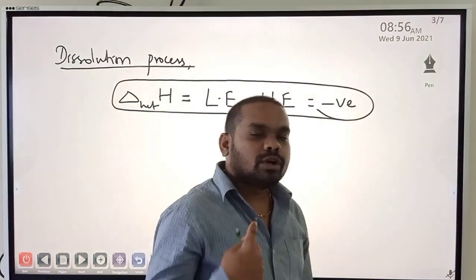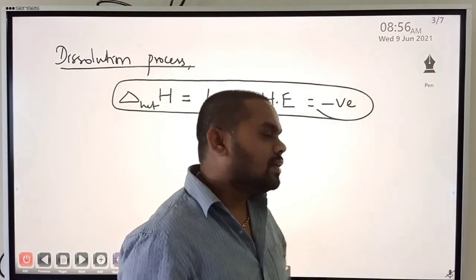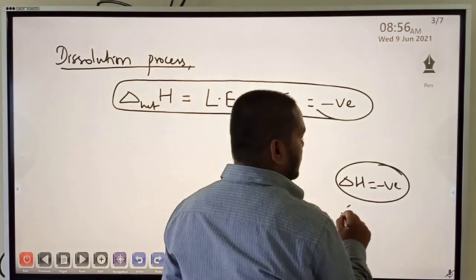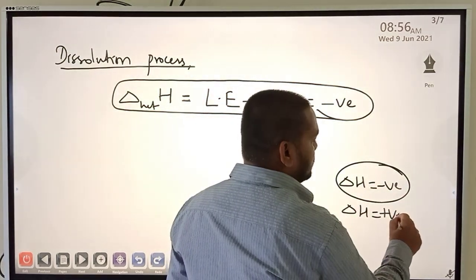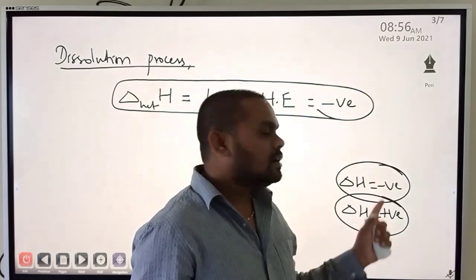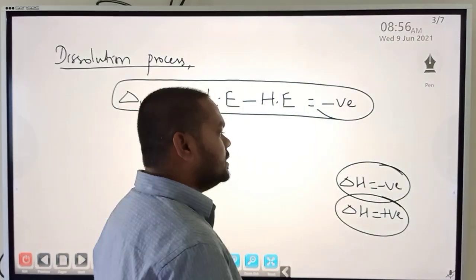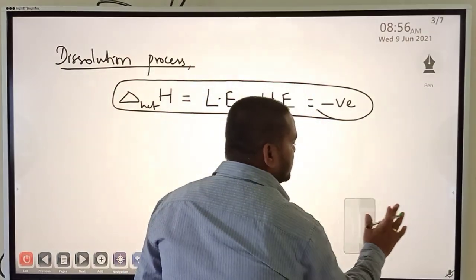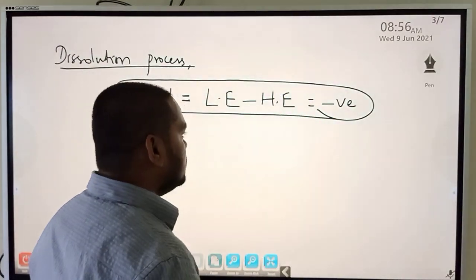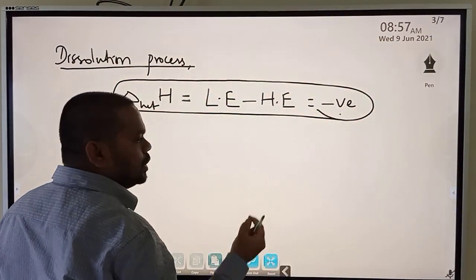In thermodynamics, we will study a property, that is enthalpy, and whenever delta H is negative, energy is released, and when delta H is positive, we say that energy is absorbed. Negative means energy released, positive means energy absorbed, where delta H stands for change in enthalpy. This is just information for now, and when you study thermodynamics you will have a clear picture of that. So coming back, when the net enthalpy is negative, the molecules dissolve.